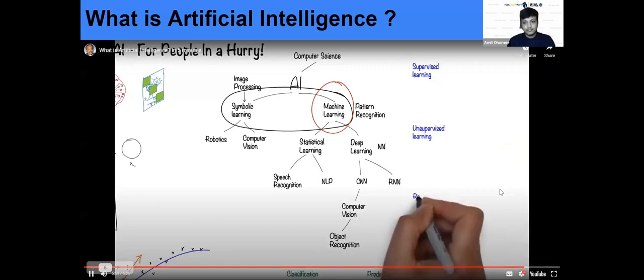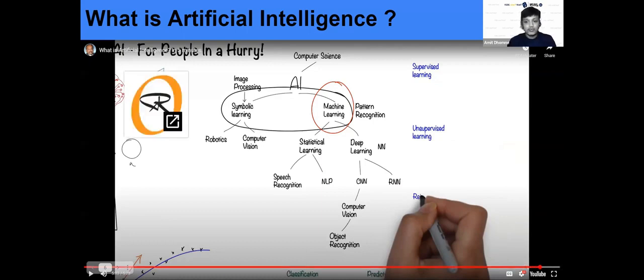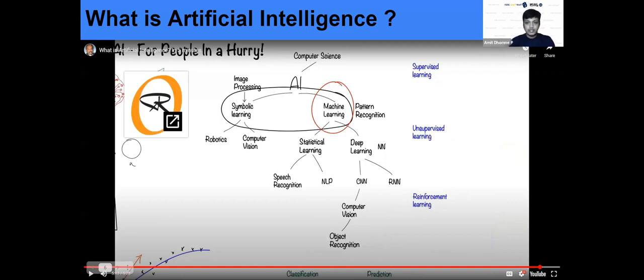As you can see here, machine learning has two kinds of algorithm, supervised and unsupervised learning, and there is one more kind, reinforcement learning. So these three algorithms, what do you mean by this? In short, a supervised learning algorithm is when you have the input and output. For example, suppose tomorrow you have an exam and you know the answer for a particular question. If they ask the same question in the exam, you will be able to write the same answer.